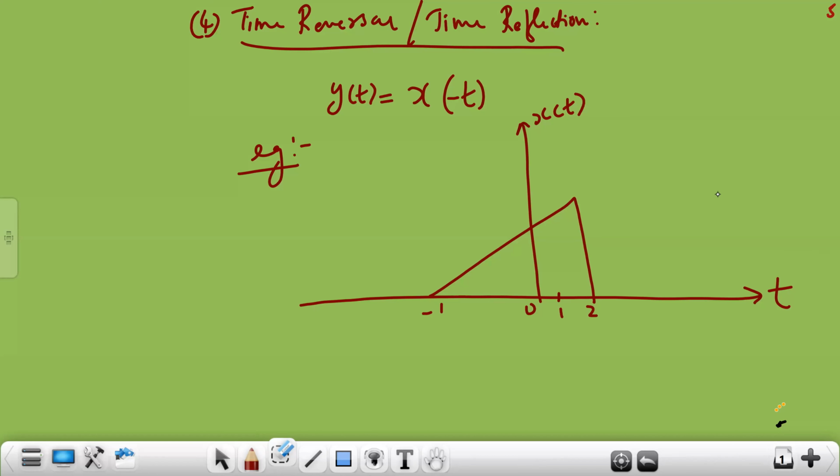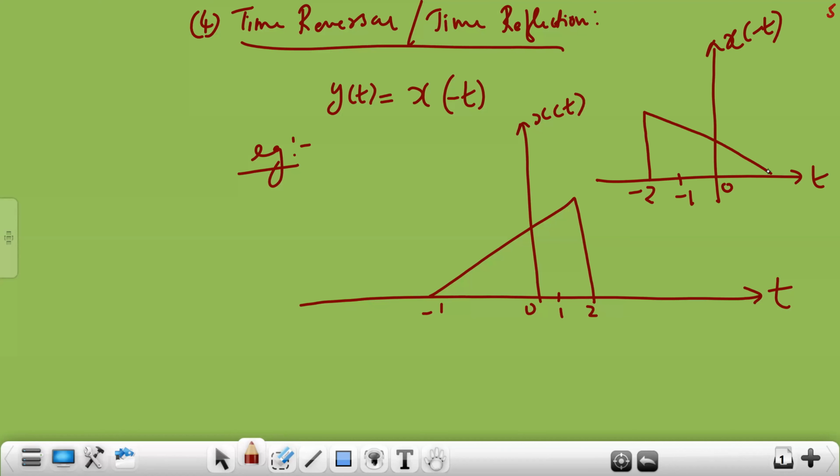Whatever you are plotting in the left half should reflect on the right half and vice versa. So this should look like this. This will come at -2, -1, 0, and this will be at 1. In the y-axis, the same thing is coming over here, isn't it? There is no change for the y-axis parameter. It should come as such. Whatever you have on the right side, you will put into the left half, and whatever you have in the left half, you will put into the right half without changing the y-axis parameter.